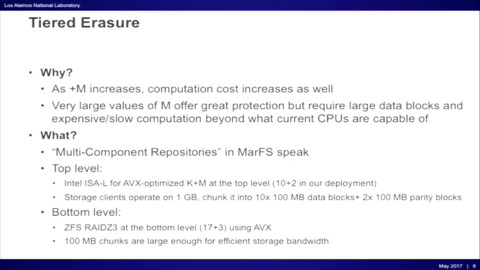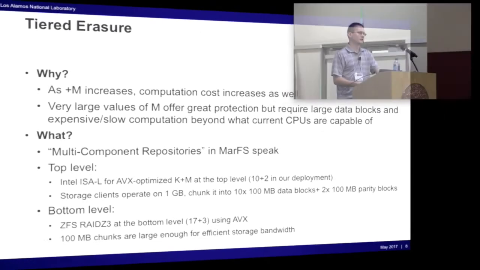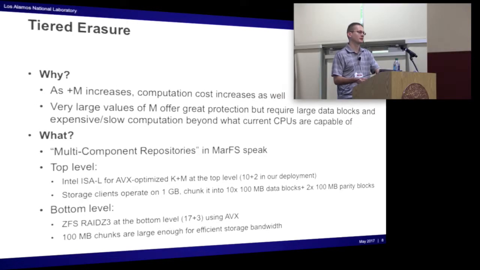So as we build bigger and bigger systems, if you can tolerate the latency and you can tolerate the additional compute overhead of doing multiple tiers of erasure, you can get the benefit of the fast computation of those algorithms with small sets of plus parity. So 10+2, 17+3 is much easier to calculate, for example, than 170+70, which is the equivalent of what it would be in our system if we had built out a flat scheme, in terms of the cost of the overhead.